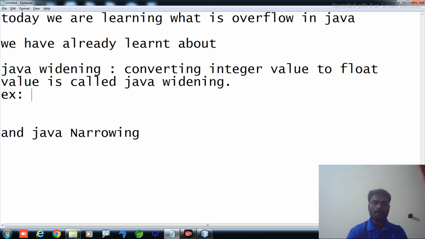Example, an integer, if we have 10 or 100, which is stored inside a variable, and if we want 100.0 as output,